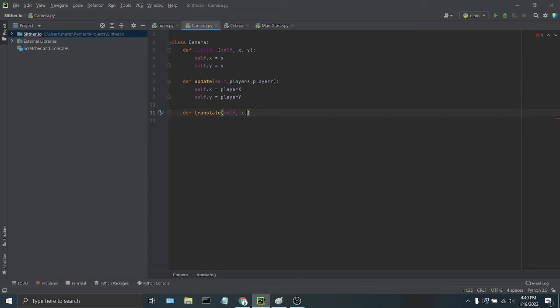So we're going to take an X and a Y, and it's going to give back an X and a Y that are the drawing positions. So we're going to apply that formula. We're just going to return a list with an X and a Y, or it actually could be a tuple. We're just going to return a tuple, but we're going to return the X minus self.x because that is